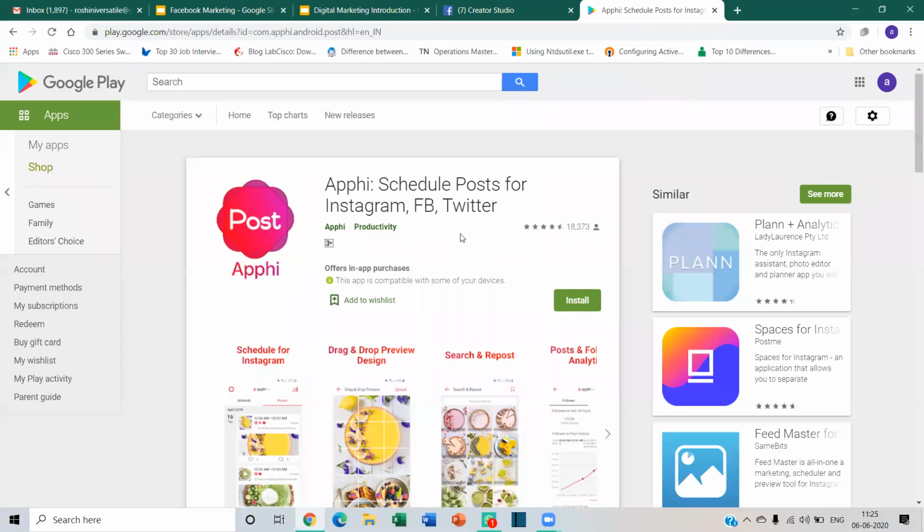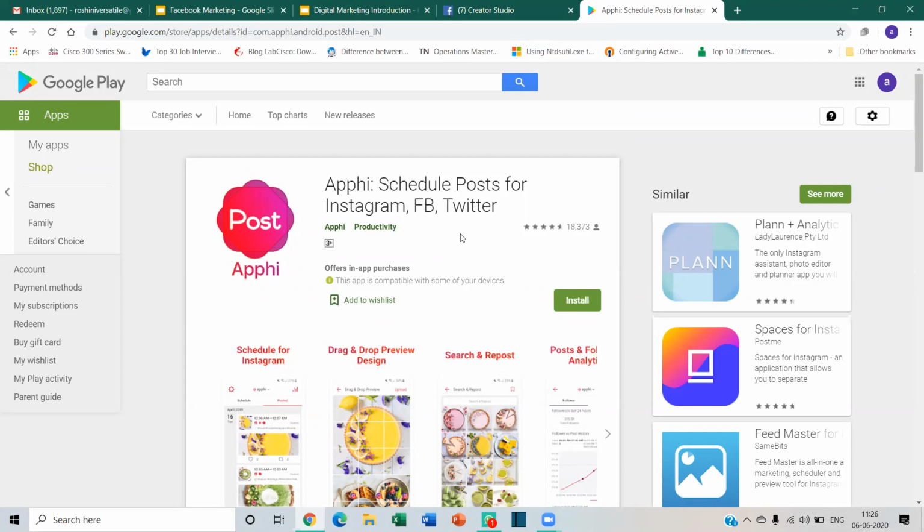It will tell you the appropriate time for Instagram postings every day. For example, if you're scheduling for Monday, it will show you the appropriate times to schedule, like 8:34, 10:08, 11:28. So we have times where there is maximum traffic. It's based on the Instagram insights. That is one positive about this application. The second thing is it will also suggest the topmost hashtags on Instagram. I've used it personally. But the problem is the premium one only allows you 10 schedules per month. Other schedules you can do, but you have to do them manually.